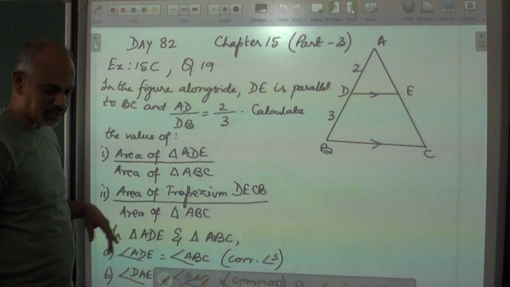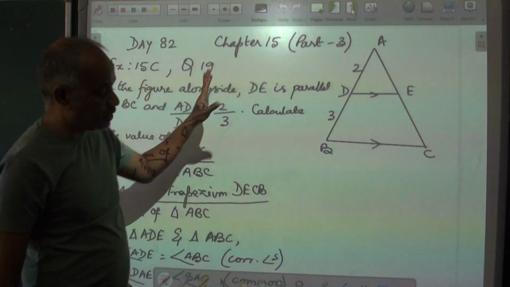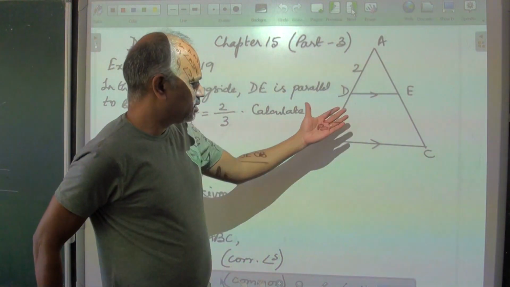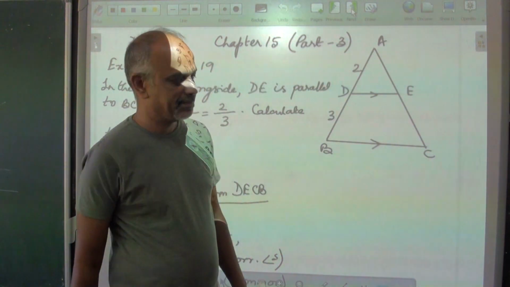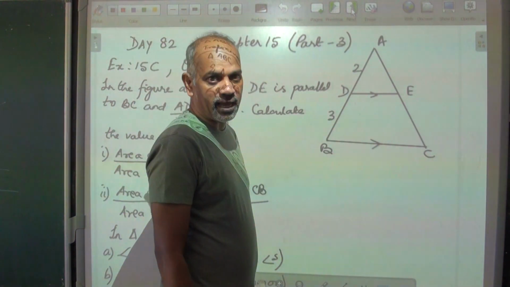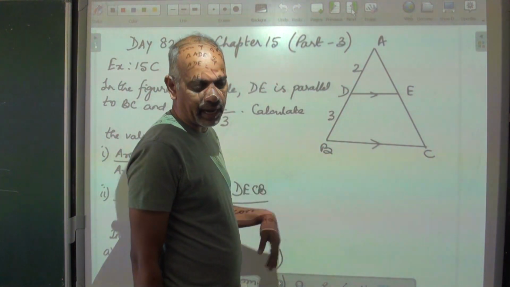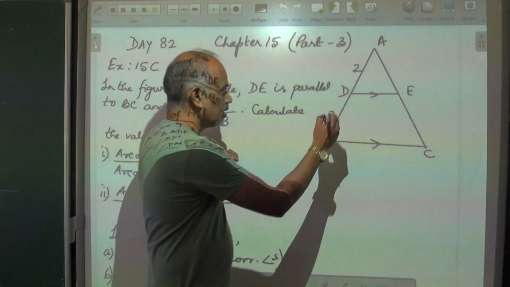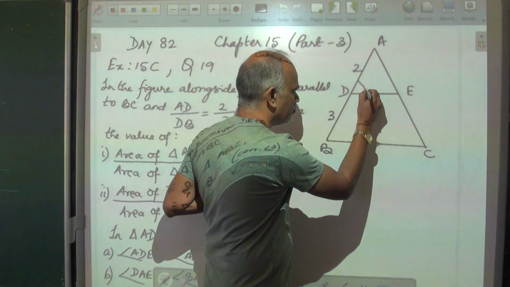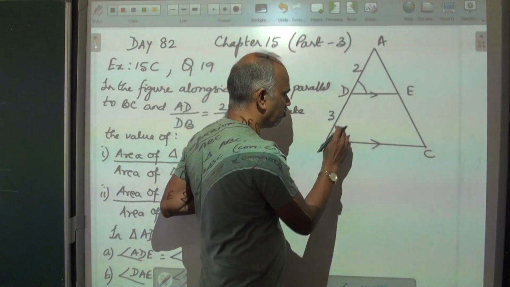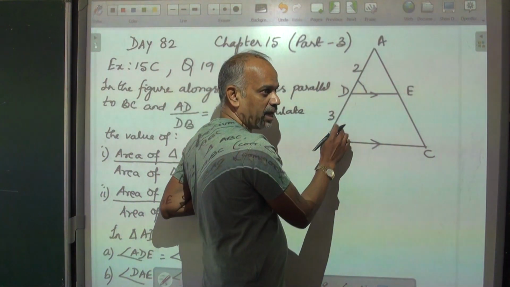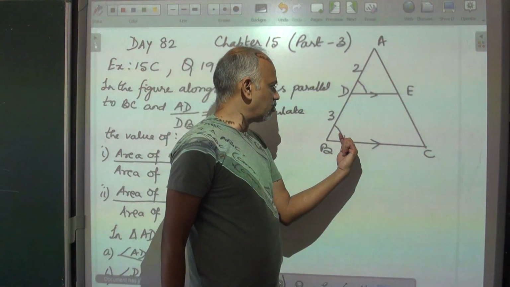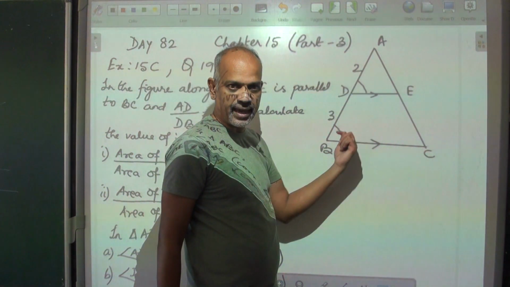We'll come to the second subdivision later. First, prove that the two triangles are similar. It's like the previous question that we did. First, mark the angles which are equal in both the triangles. The first angle which would be equal, angle D will be equal to angle B. I have used same angle marking, single arc. Both these are equal, reason: they are corresponding angles.